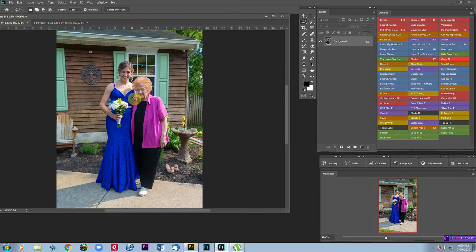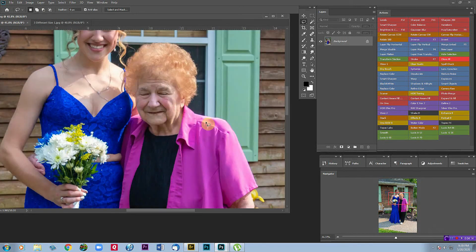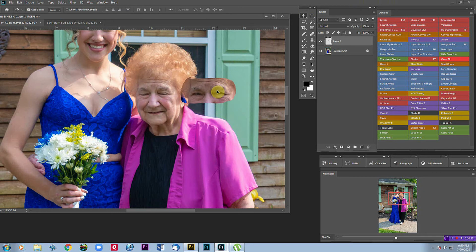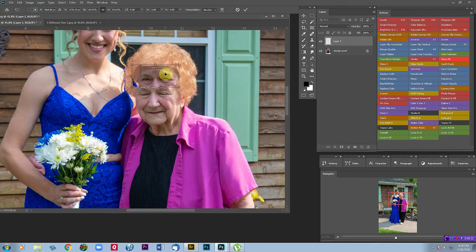We'll go over to the other image and Control V to paste. Now, as you'll see, this image is bigger than that, so I have to size it down. I'm going to go Control T to free transform. I'm going to size it down to about